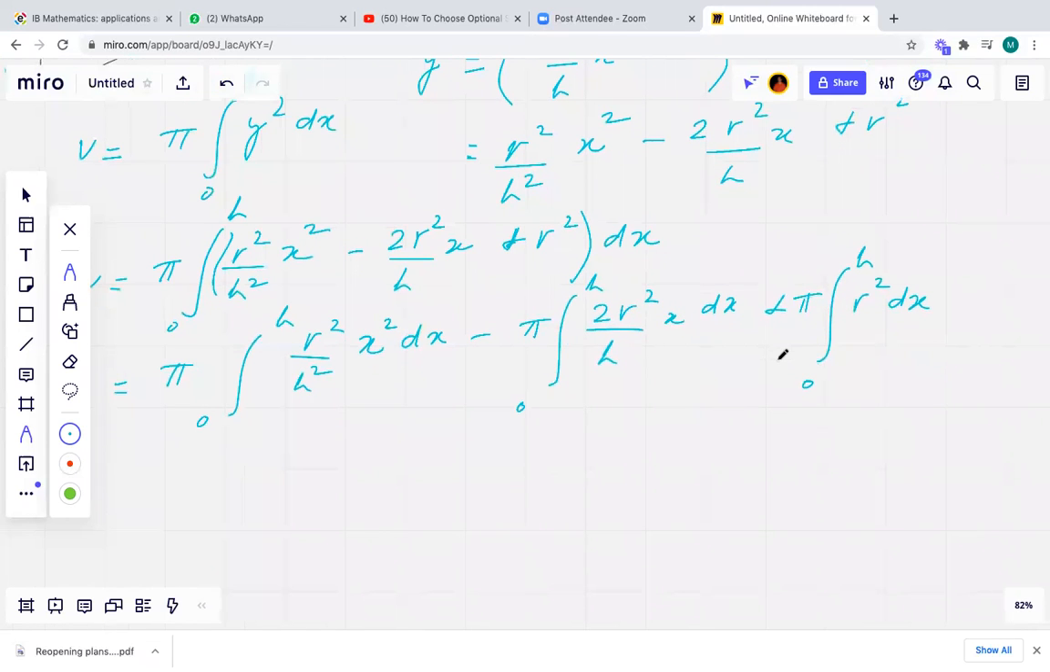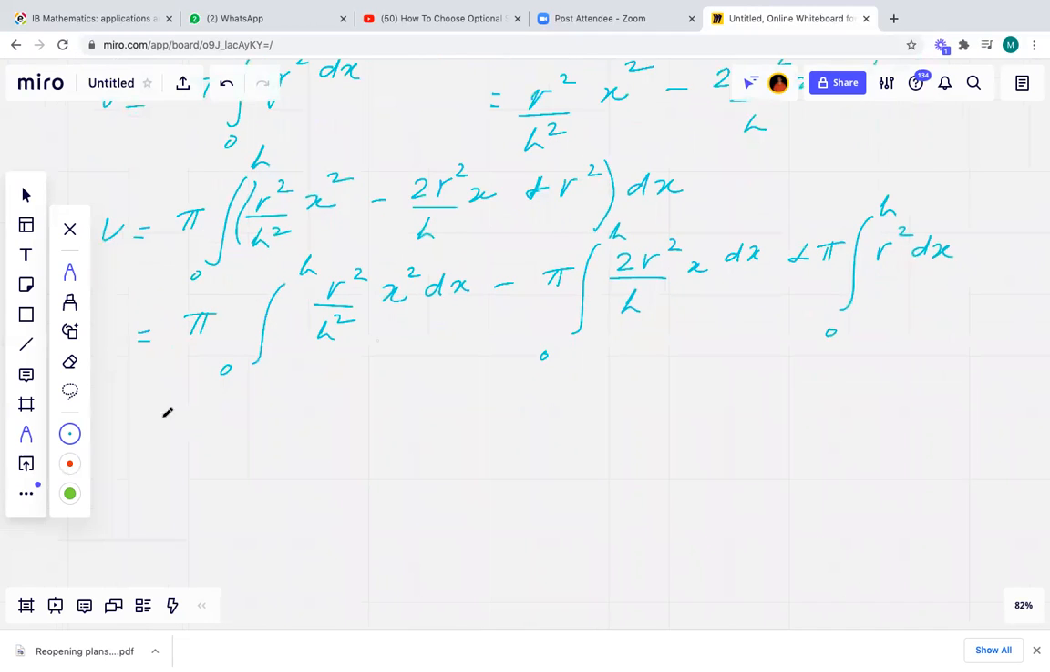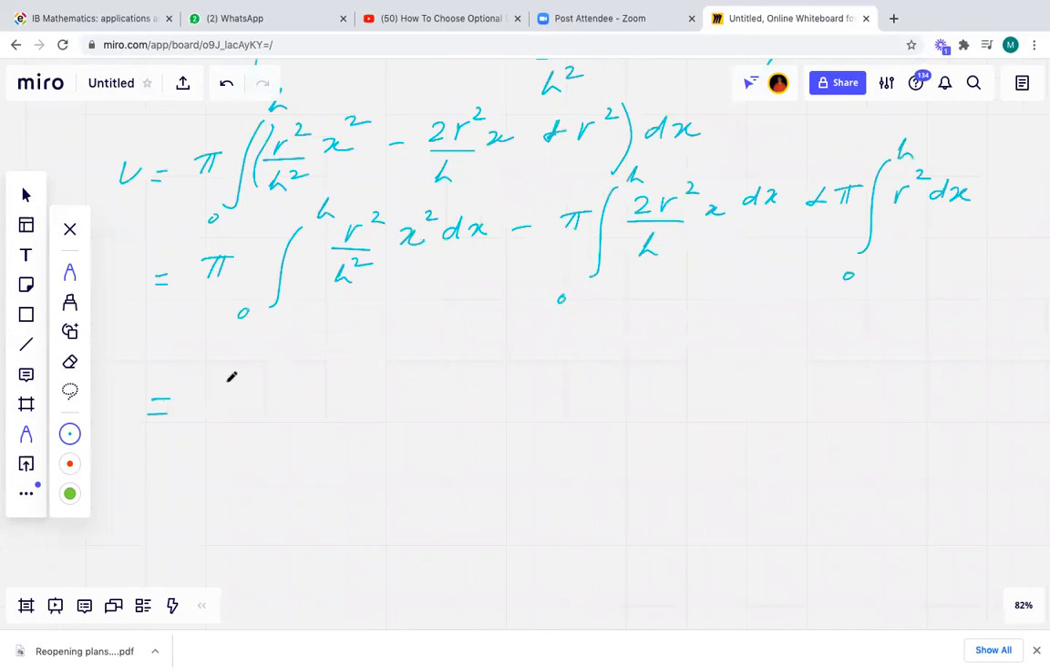Yes, it's correct. Now remember, r is constant, h is constant. R and h are not variables, so I can take them out. That is pi r square upon h square integral x square dx from 0 to h,